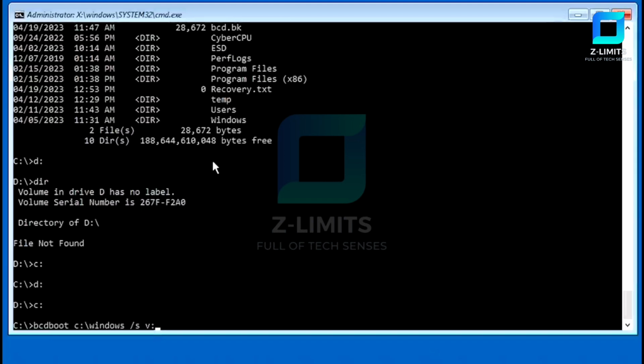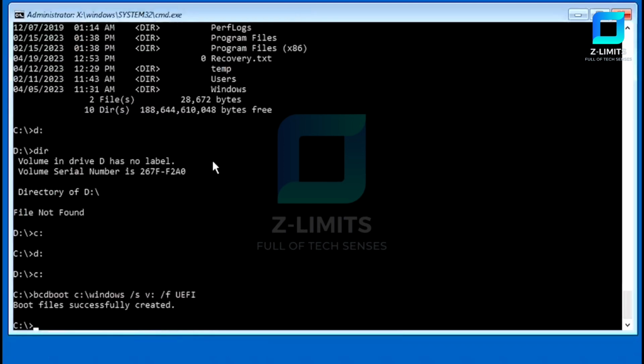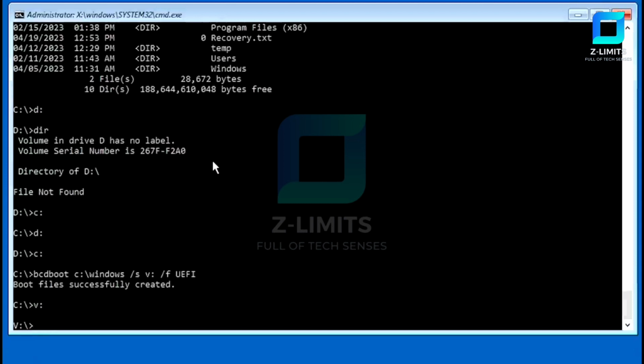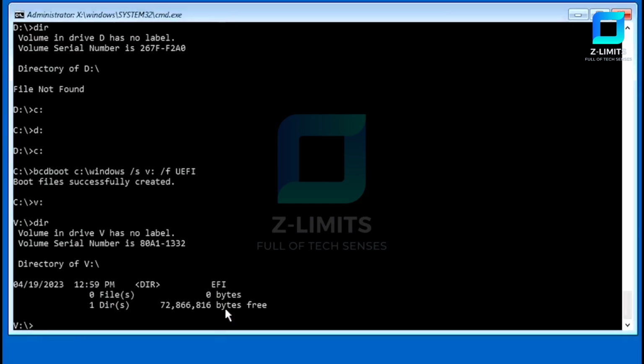In that case, it's V drive. Just a different letter for yours, and make sure to use that letter here. And we're going to hit space. We're going to type /F, another space, and then just type in UEFI. Hit enter. It should rebuild the UEFI partition. We're going to double check it real quick here, so we're going to go ahead and look at the directory. You'll see that we have